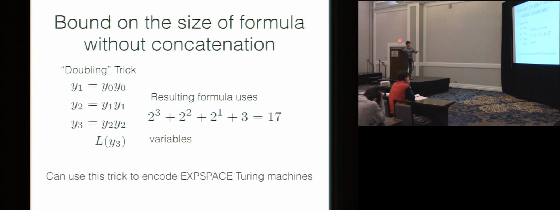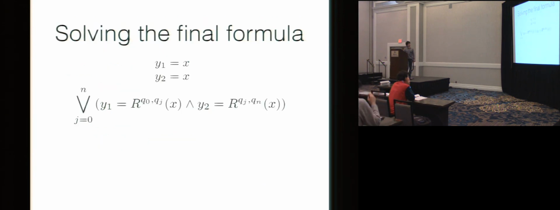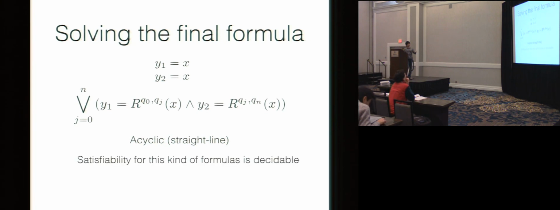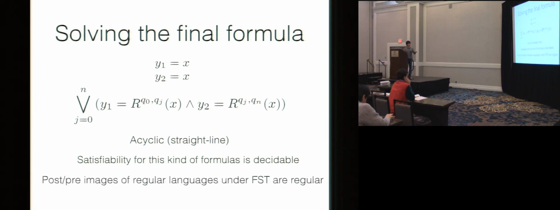Okay. So you can use this trick to encode the exponential space Turing machine. And so solving the final formula is quite simple. It is acyclic, and it is known that satisfiability for this kind of formula is decidable. Basically it uses the fact that the post and pre images of regular languages under finite state transducers